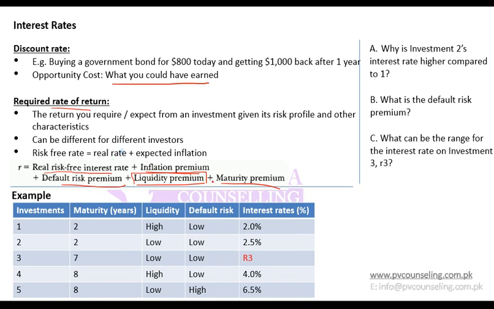What is liquidity premium? So let's say that you have invested into an asset, and you have bought an asset for $100, and you think that its price will go up in future. Or let's say that you have a bond and you bought it for $100, and you think that in future it will go to a price of $110. So that means you will benefit. But how will you benefit? In order to benefit, you will need to sell it.